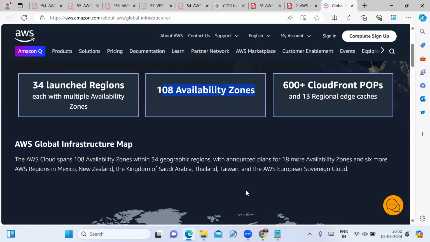Every month they are upgrading as per the business requirement. That's why AWS is the number one cloud platform worldwide.